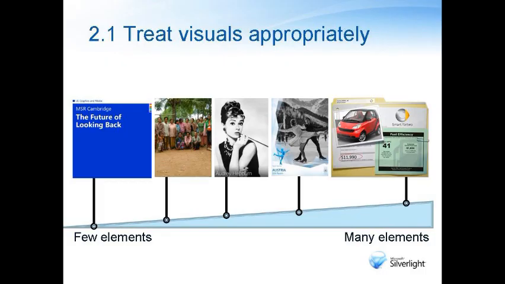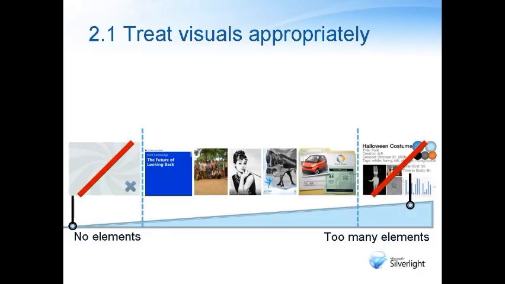Now, it's a scale. But like all scales, there are extremes at either end. On the far left end, you've got no images. And as I mentioned, you can make a collection without imagery if the data is really, really good. I've done this. You can still consume things, but it could be better. On the other extreme,